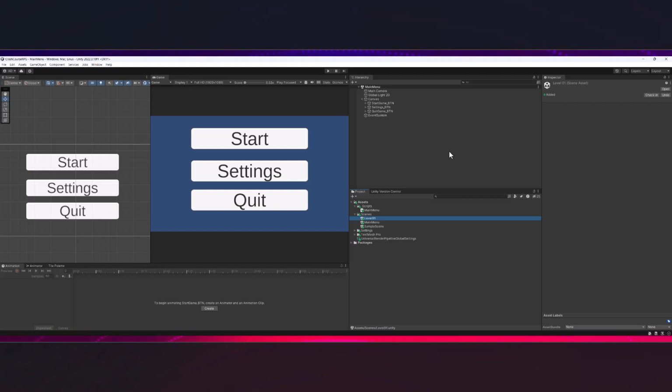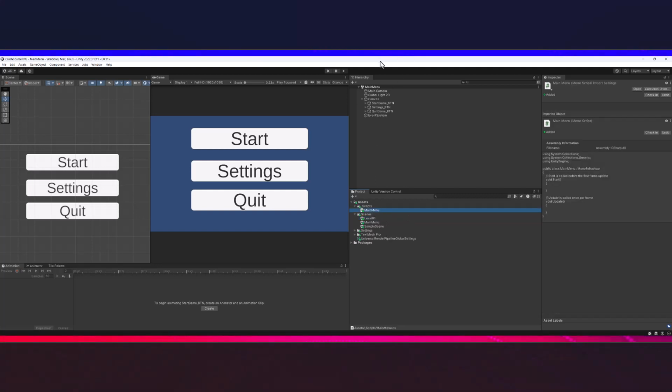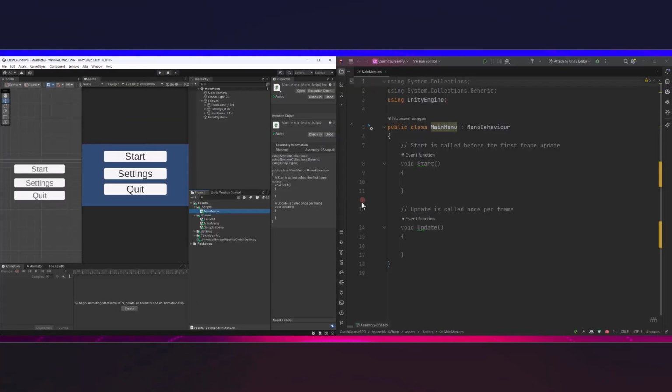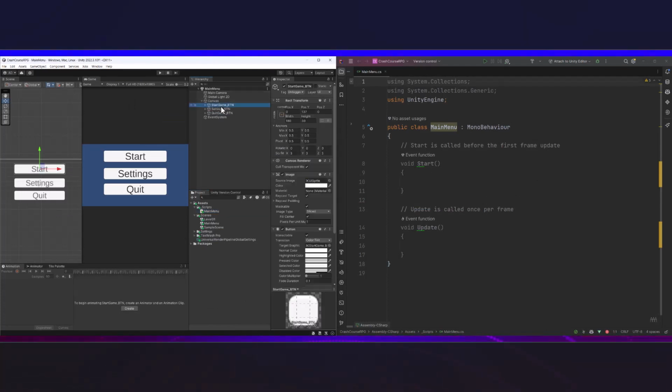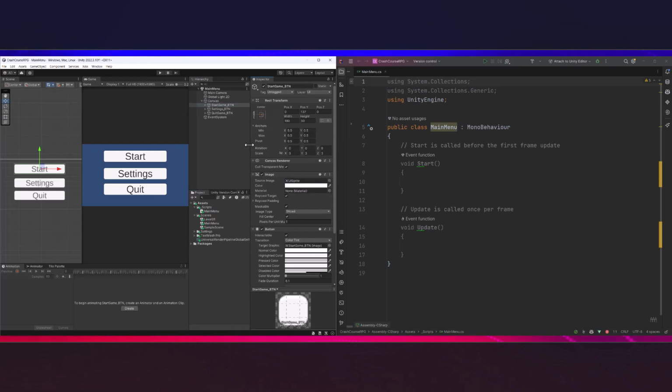Now, what I'd like to do later is, and actually, let's just knock it out. I'm going to go ahead and double click this script, and then I'm going to pause the video and set up my IDE so it's docked on the right side of my screen, and then here's my left side. Right, so what we have going on here is, if I select my start game button here, you're going to see that